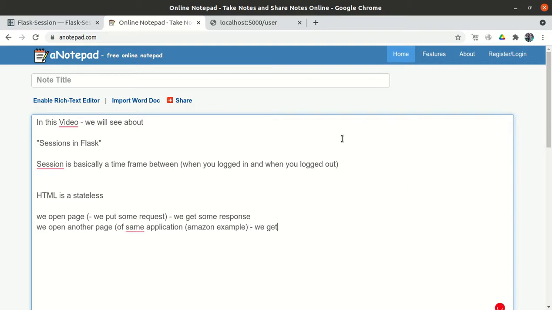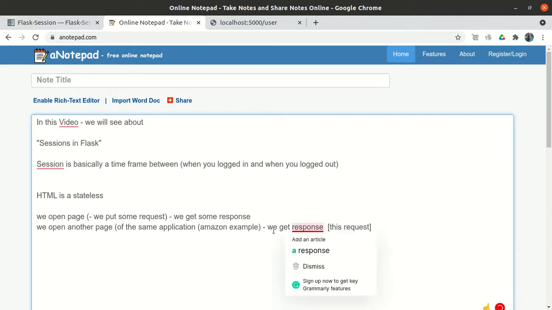And we get a response. So we issue two requests, but the later request is unaware of any data passed via the first request. This is the property of HTTP being stateless. They are not aware of each other's state. So if this page is the login page, I log in to